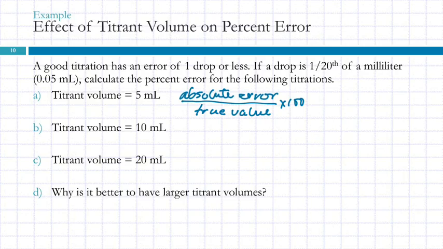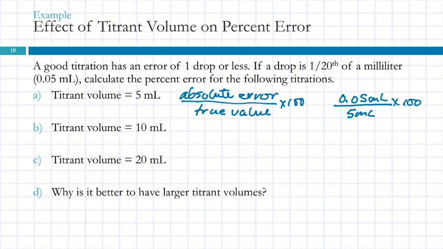Here we have a measured volume of 5 milliliters, and we'll assume that's somewhat close to the true value, and our absolute error is this 1 drop volume. So for the 5 milliliters, we're going to look at 0.05 milliliters of error, 1 drop, divided by the 5 milliliters,